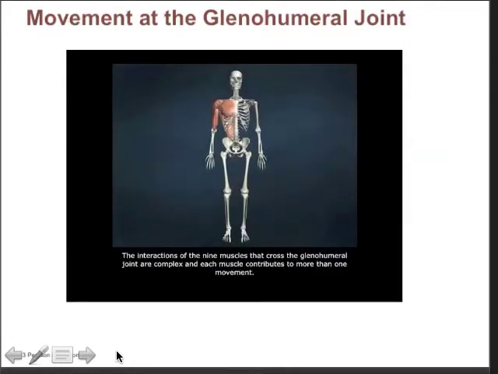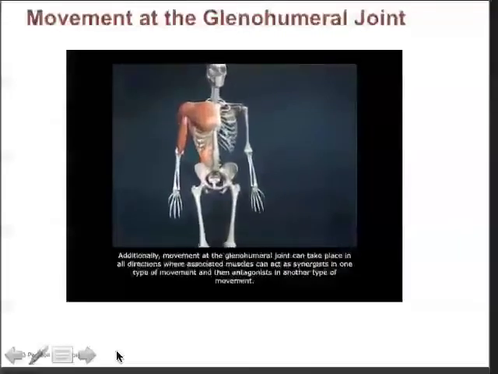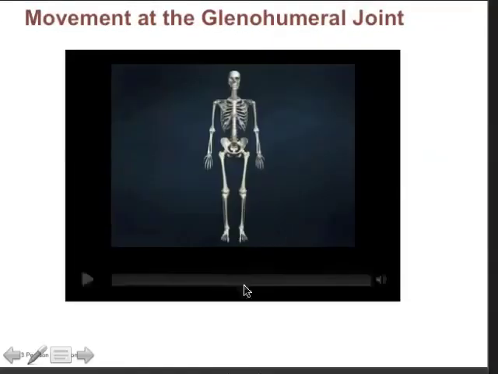The interactions of the 9 muscles that cross the glenohumeral joint are complex, and each muscle contributes to more than one movement. Additionally, movement at the glenohumeral